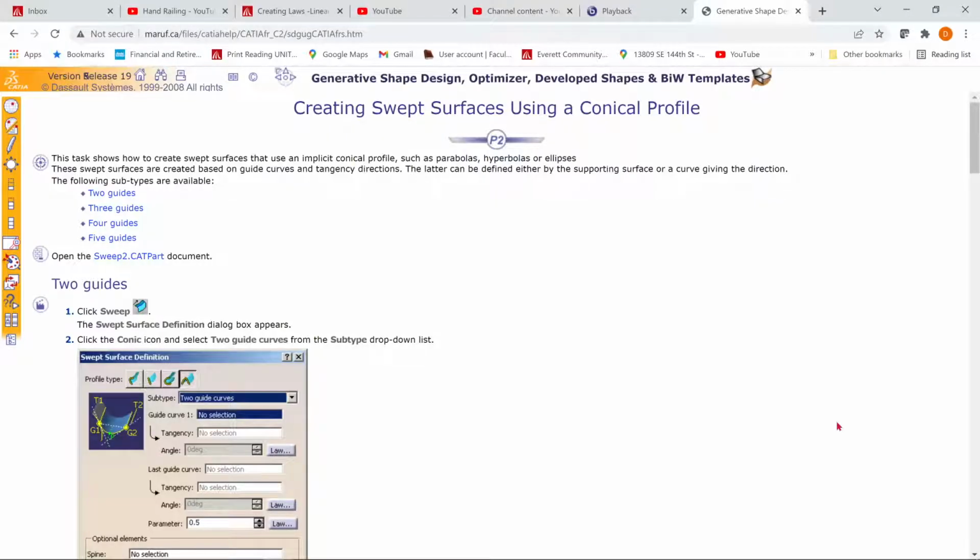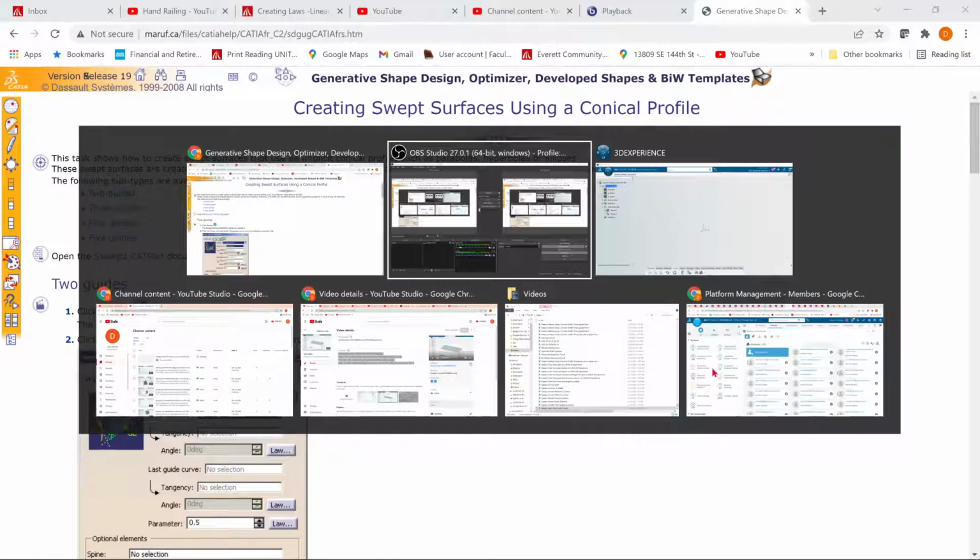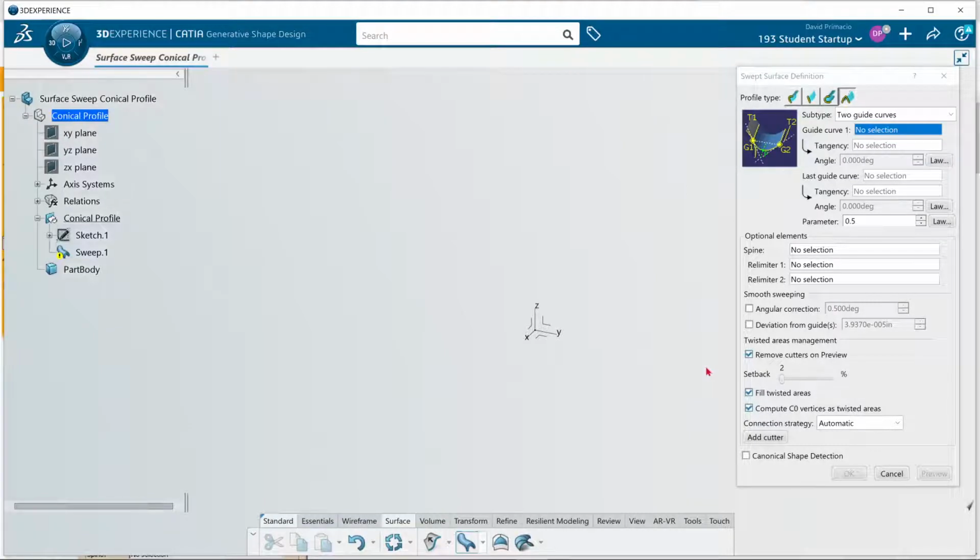Now that you've created the conic in Sketch, we can try and create the conic in the 3D environment in the shape design workbench. So let me try and do this. Before I go into creating this conic using the two guide curves,